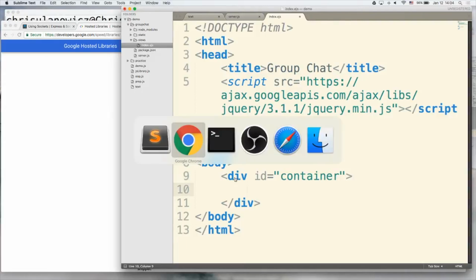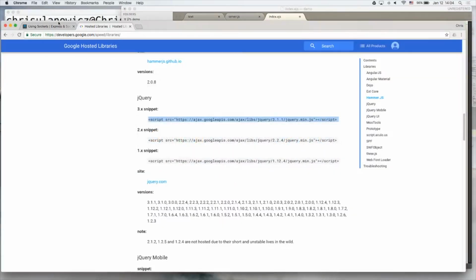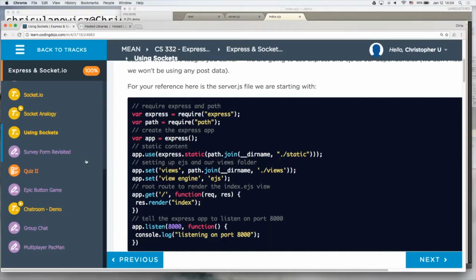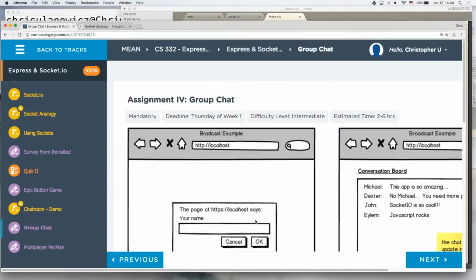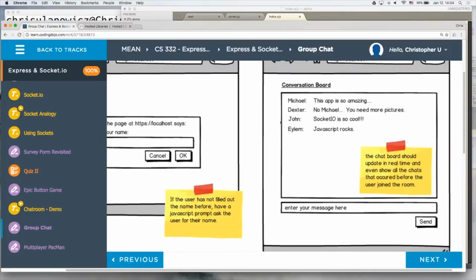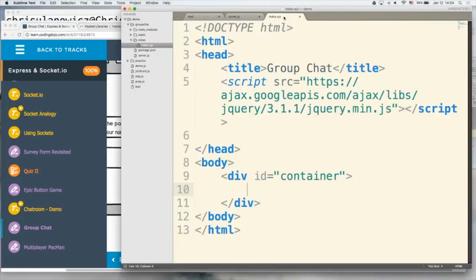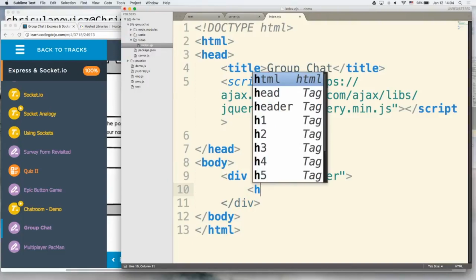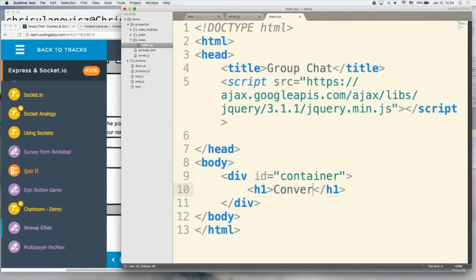And what was on there? Looks like just a, we'll worry about this prompt in a second. So we just got to title the chat box and a form. So we'll go H1 conversation board,